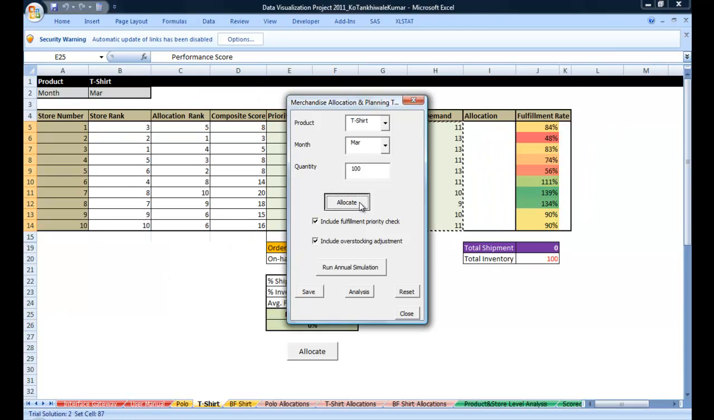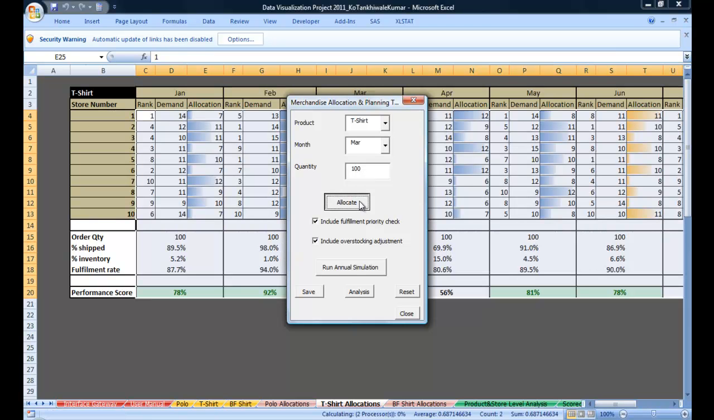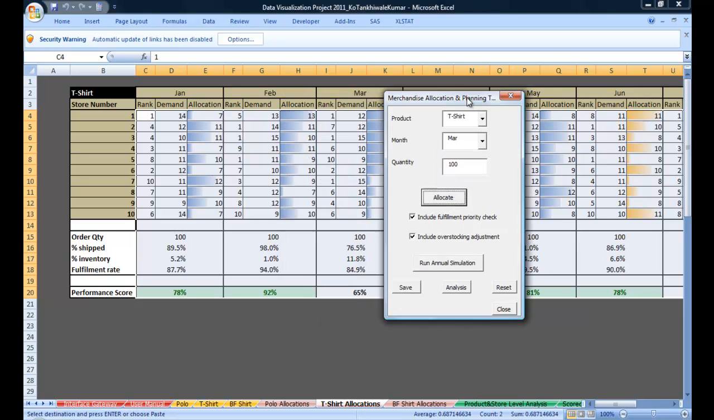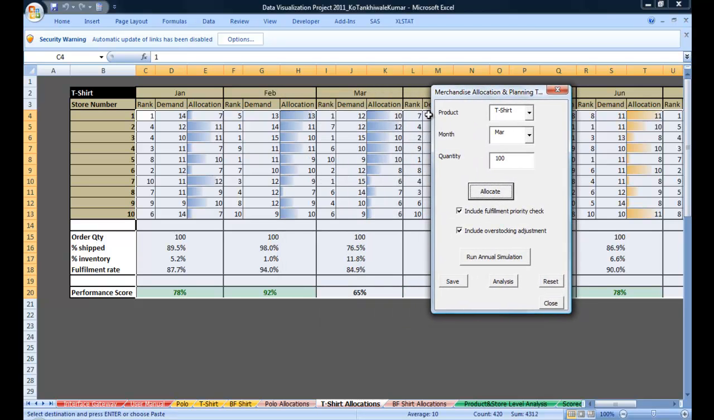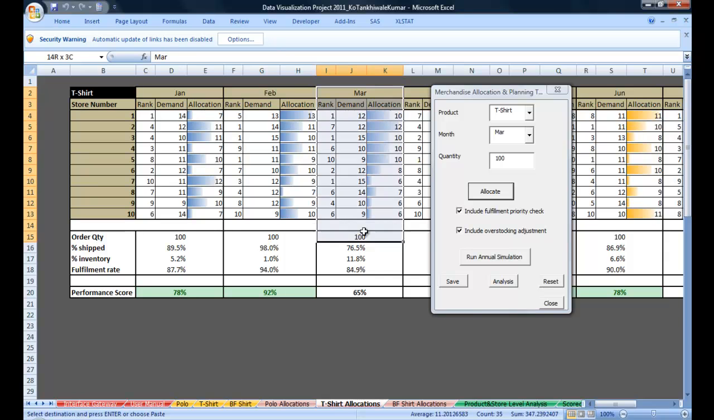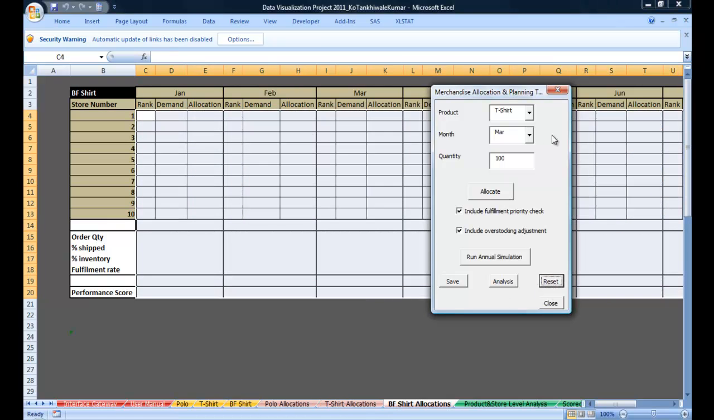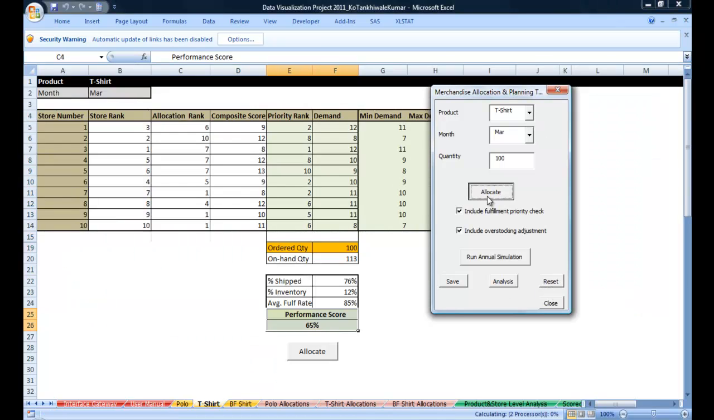hit allocate, and what it does is, okay, you were not able to see that, but for the month of March it just copied the set of important variables that are useful for us going forward when it comes to tracking and planning. So rank, demand, allocation across different stores, and all the key metrics. So if I hit reset and run this simulation again,